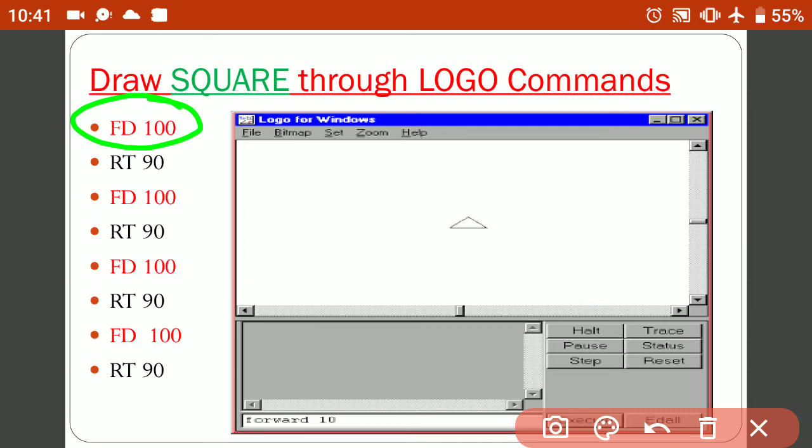So when I write FD 100, it will move forward 100 steps. Now the second command is RT 90, and you know that RT is a turning command, and RT means right, and this time our turtle will turn only by 90 degrees.